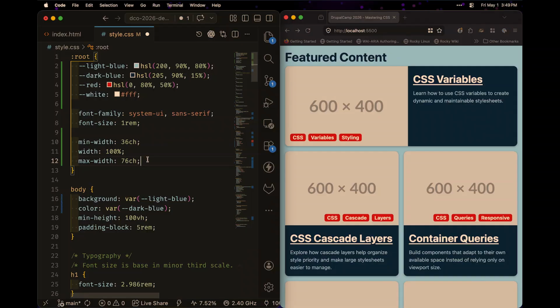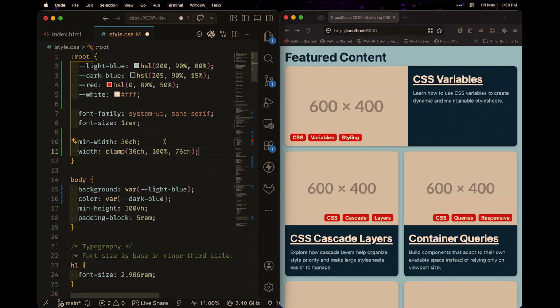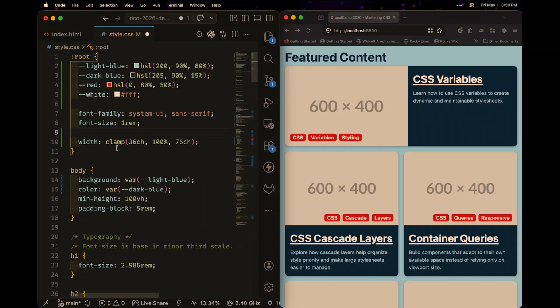Or you can just pass in a method called clamp, and it takes a min value, a desired value, and a max value. This is the exact same, so you can get rid of that. Now, widths are situational. You might not always need a clamped width. Where it's kind of nice is it works on font size. So you can do a clamp on font size